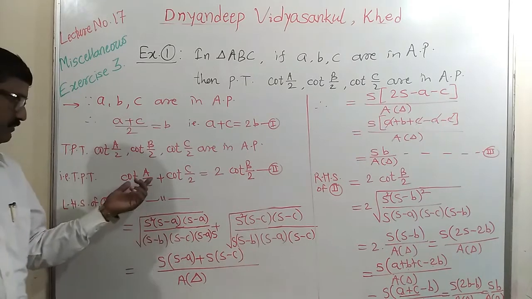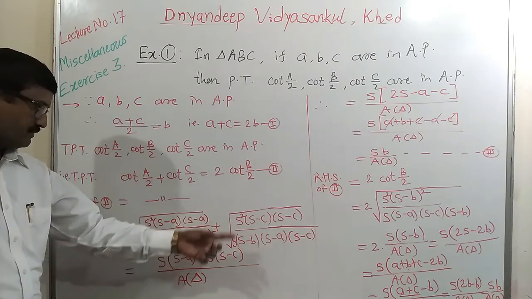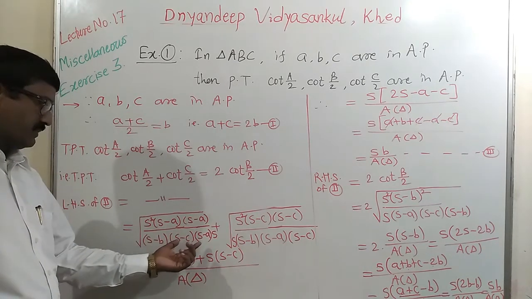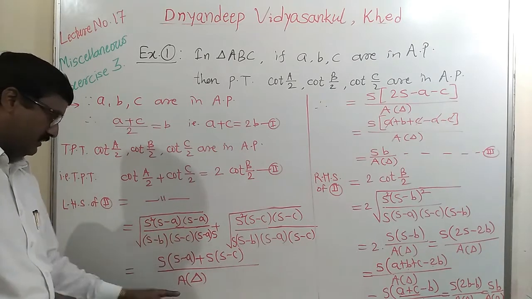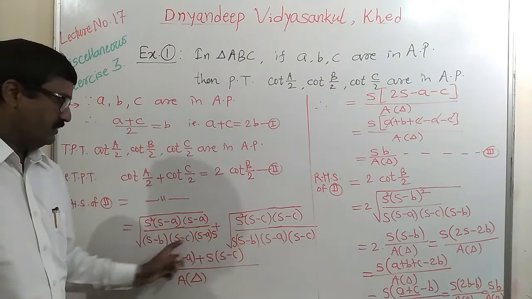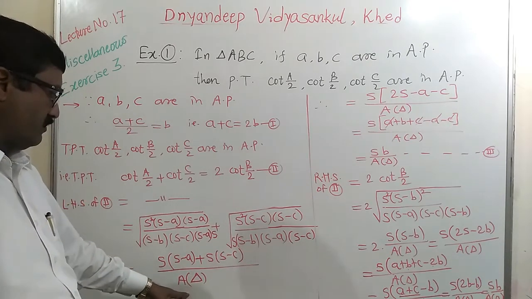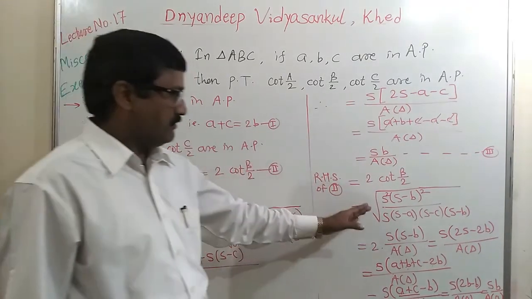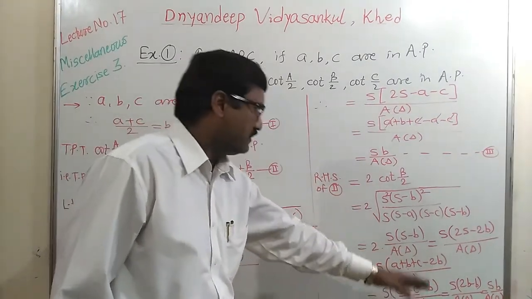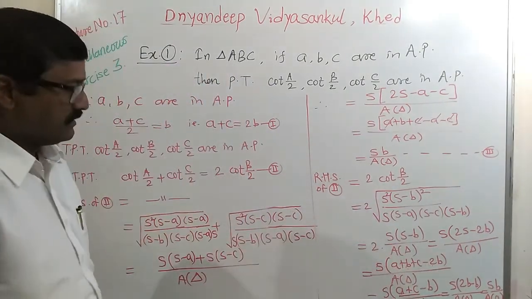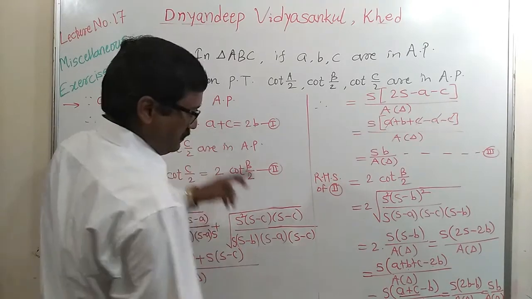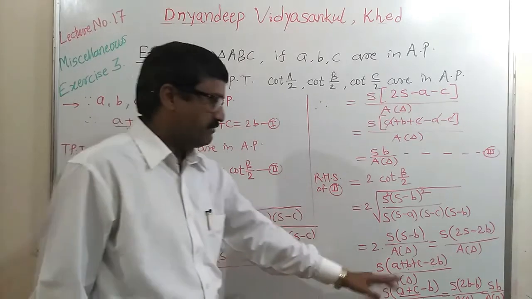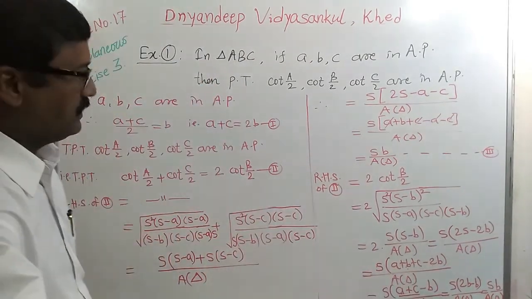Take the LHS, use the half angle formula for cotangent ratios. Just remember this: whatever term is absent in the denominator, multiply it to numerator and denominator so that you get area of triangle at the denominator of both the terms. Take that common and simplify, you will get this. Similarly, take RHS, use the same formula, operate similarly, and you will get the similar third result, that is the fourth one. And during the second last step, apply the given equation, that is A plus C equal to twice B, you will get the equality of LHS and RHS.